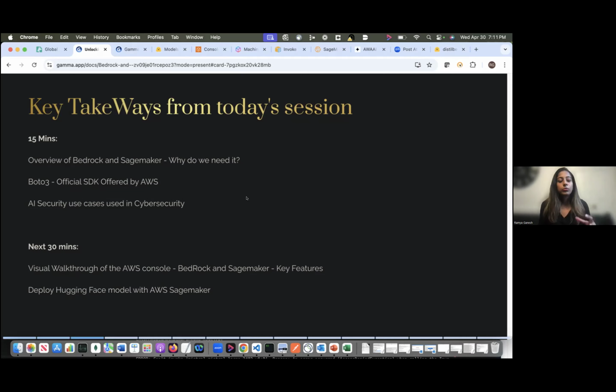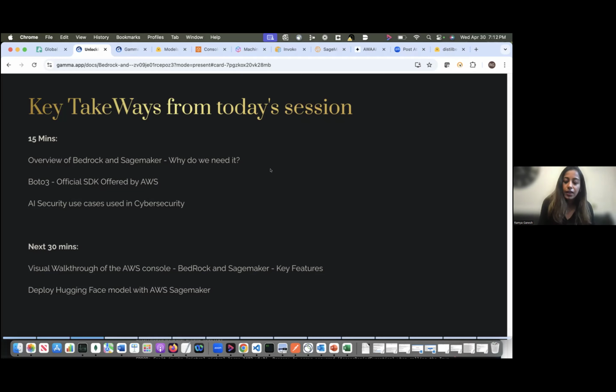We'll also give a brief overview of Boto3, and I'll have some use cases about how it's used in cybersecurity. The next 30 minutes will be a demo, a visual walkthrough of the console, which will provide a better understanding of how things work in Bedrock and SageMaker.